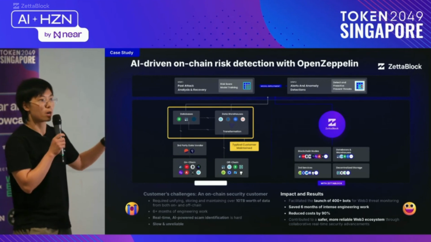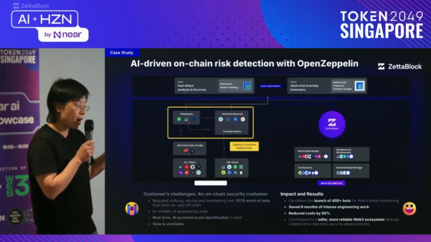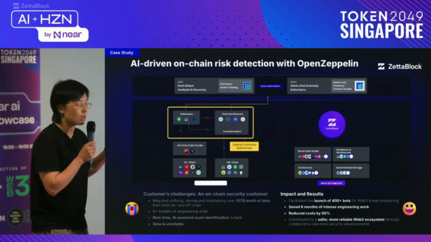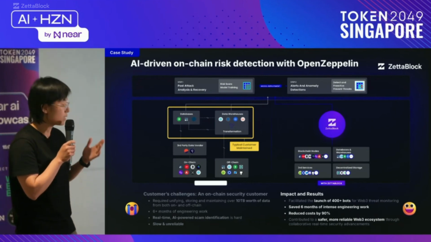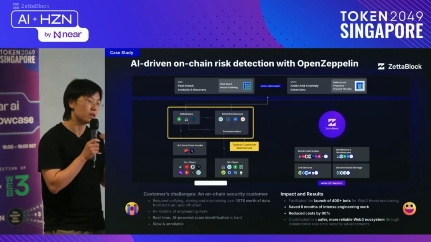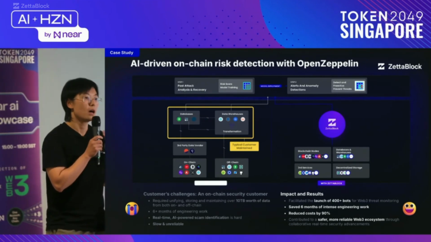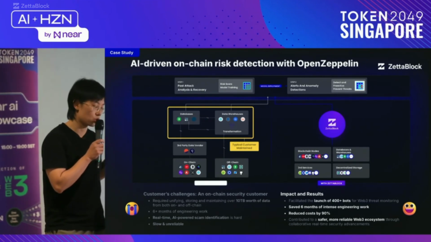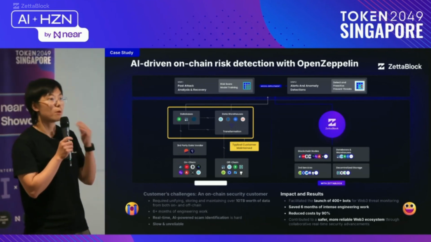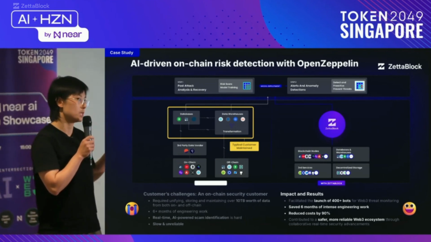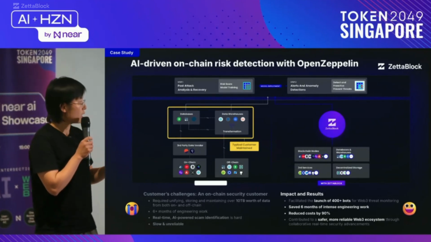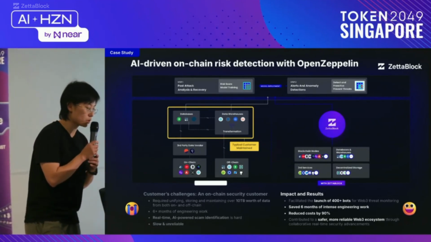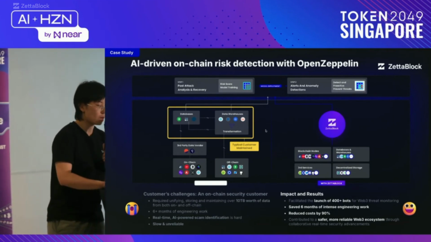How that works is they combine a lot of on-chain transaction data and also a lot of off-chain label data and some KYC data into ZettaBlock. Then they did the data wrangling and data preparation and used the prepared data to train a machine learning model. At that time, it's more like traditional models. And then once the model has been trained, you can use the real-time streaming data from ZettaBlock to do real-time inference. Now, this time, what I want to demo to you is instead of what OpenZeppelin built,